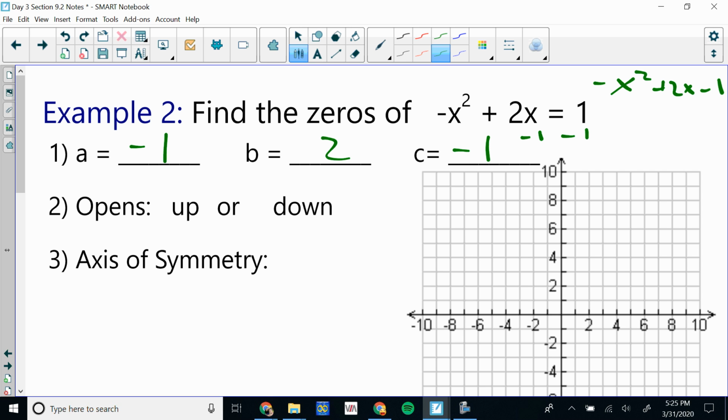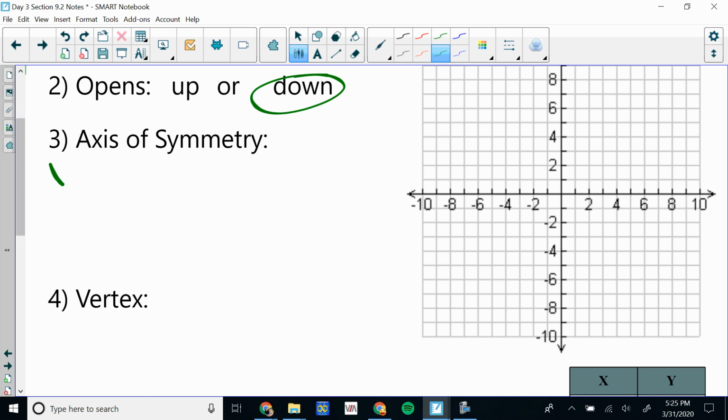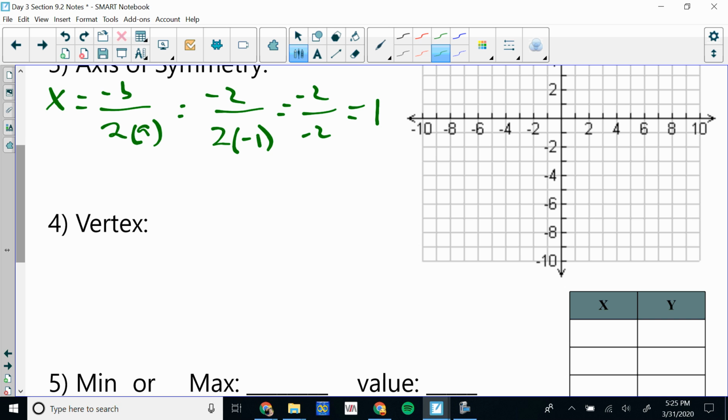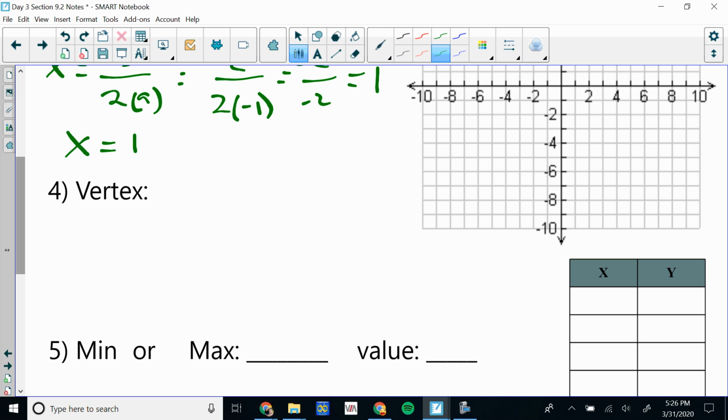This one opens down, since our a is negative. Its axis of symmetry is x equals -b over 2a. And our b was 2, so we want -2 over 2 times -1. That's going to be -2 over -2, which is +1. And so we have the equation x equals 1 for our axis of symmetry. Again, I could draw that dotted line, that vertical line at 1, and that's where our parabola should fold over